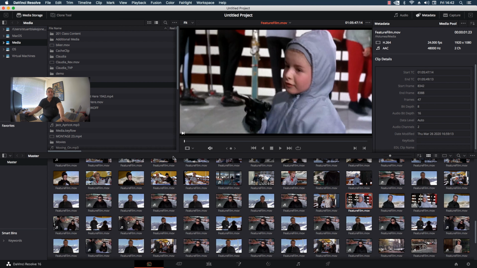Another thing you can do is export this as an EDL. That's very useful because if I come back to my detection window,